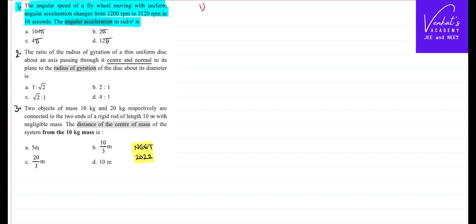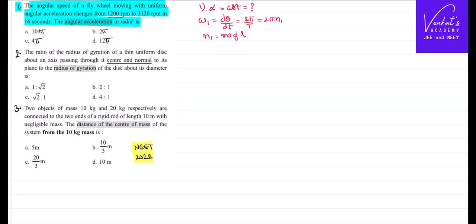It is given that it is having a uniform angular acceleration, that means alpha equals constant, and you have to find out how much it is. First of all, we shall know what the formula is. Angular velocity is the rate of change of angular displacement, d theta by dt. For one revolution, it covers an angle of 2 pi. Time taken for one revolution is called the time period, 2 pi by T, but 1 by time period is frequency. So, the other way of saying angular velocity is omega equals 2 pi n,